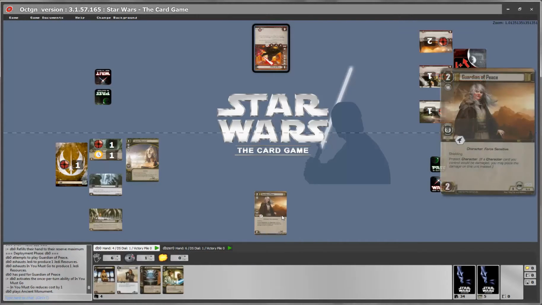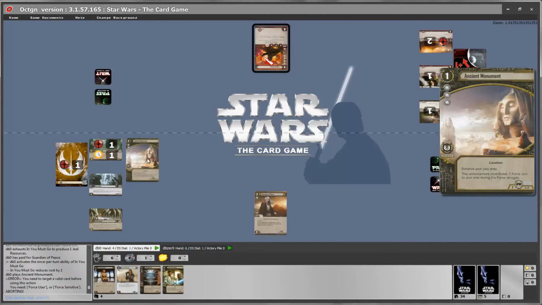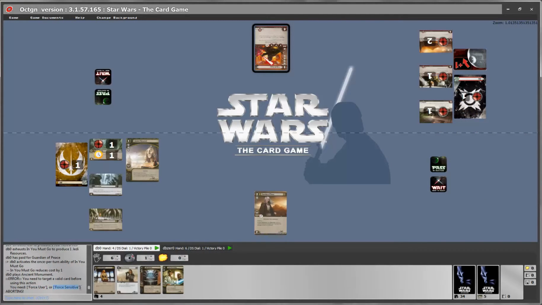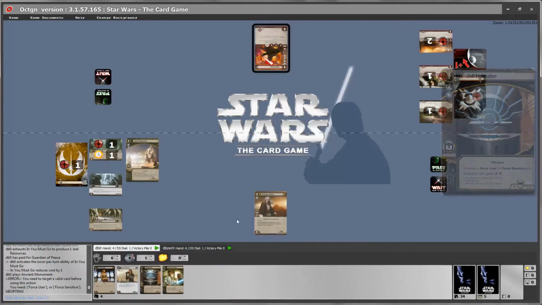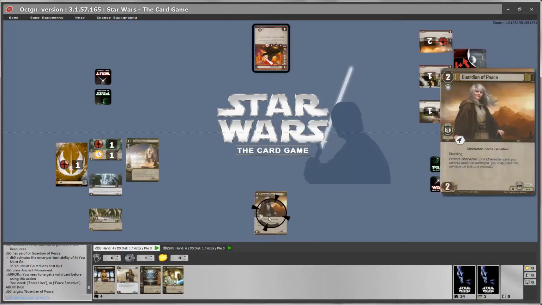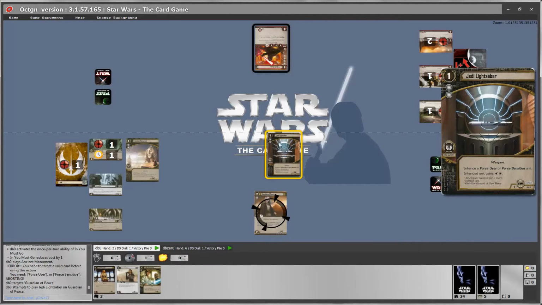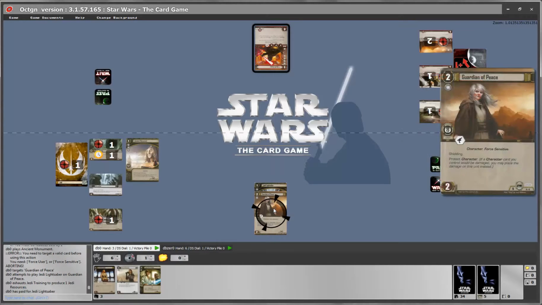And let's say I want to play the Jedi lightsaber on the Guardian of Peace. If I try to play it, unlike the Ansi Monument, this doesn't work because it requires that I target a Force user or a Force-sensitive character. To play such an enhancement, which requires to target something, we target our relevant character and we double-click the enhancement. This goes again, it requires payment, so we need to pay 1 Jedi resource. If we pay the Jedi training, the resource is paid and it goes to our Guardian of Peace. So the Guardian of Peace now has a Jedi lightsaber.